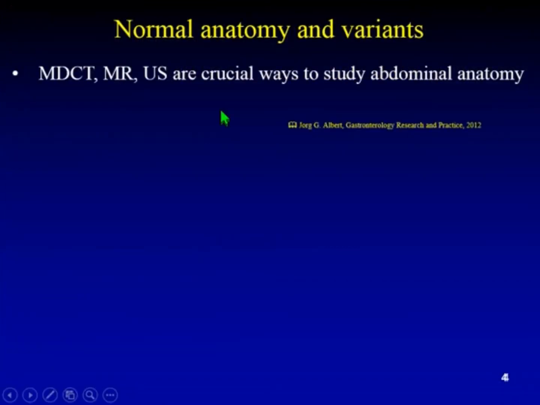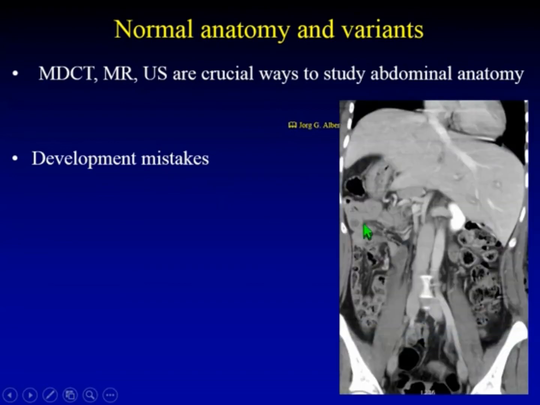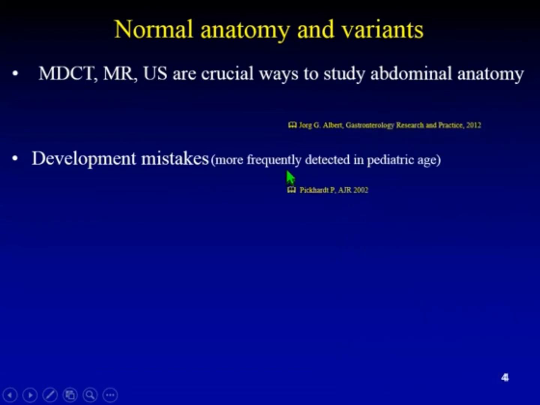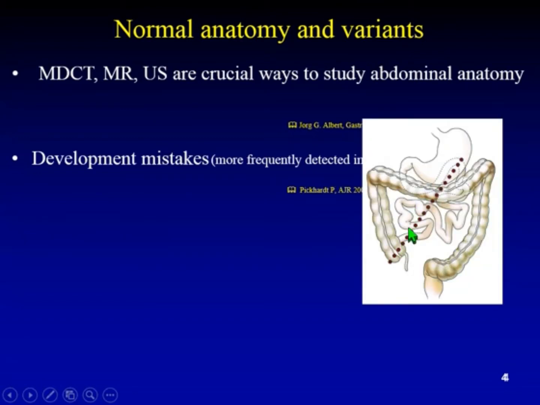Firstly, please remember that your tools are useful to evaluate radiologically the normal anatomy. Why will we speak about normal anatomy? Because development mistakes are possible. This is a patient with an ambiguous situs viscerum where we don't know what is in the right lower quadrant. Obviously, anomalies are more frequently detected in pediatric age, and this drawing shows that the normal